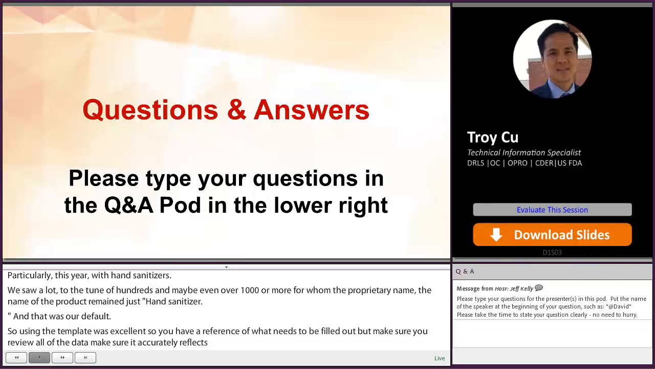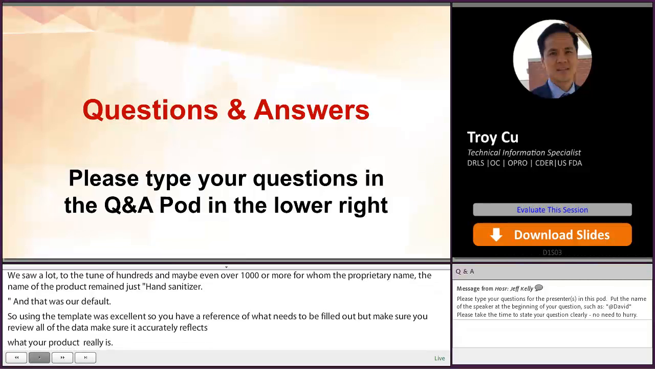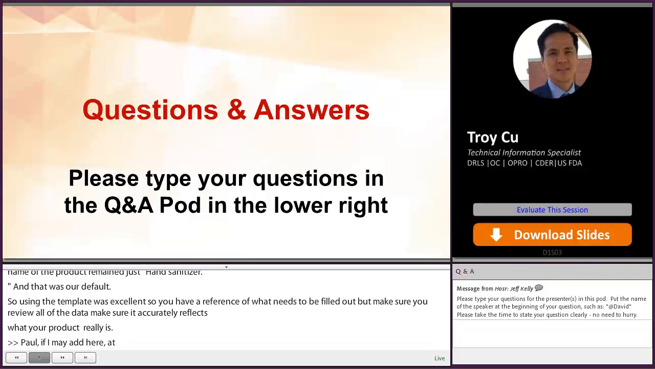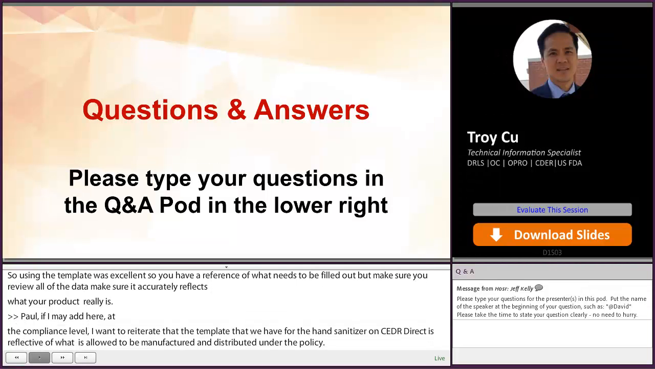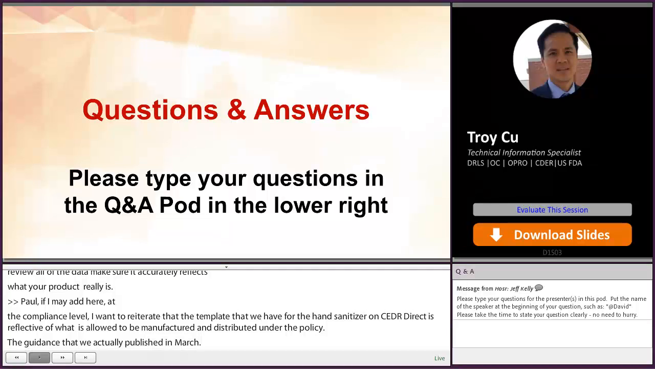Paul, if I add here, as the compliance lead, I want to reiterate that the template that we have for the hand sanitizers currently on CEDA Direct is reflective of what is allowed to be manufactured and distributed under the policy, the guidance that we actually published in March. So what you put in the market under that policy should match the information that is included in that guidance. If it's not